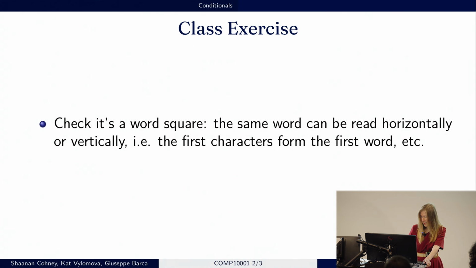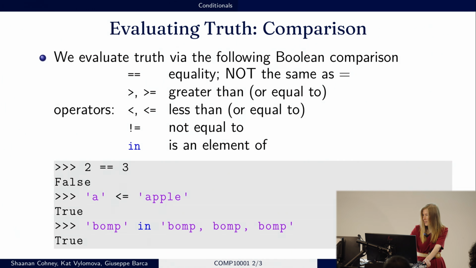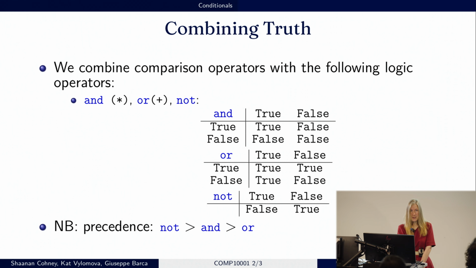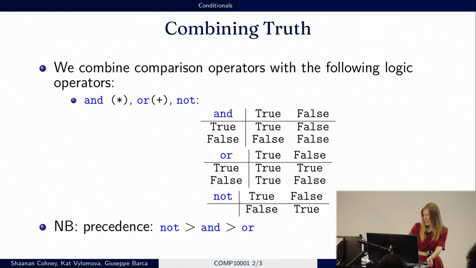Okay, so it's here actually. Yeah, this is the combining truth. In order to combine several conditions, you can use logic operators such as AND, OR, and NOT. NOT is sort of like unary minus, it's just negation. So not false will be true, not true will be false, right? It just has one operand. AND is sort of like logic multiplication. It's a binary operation,